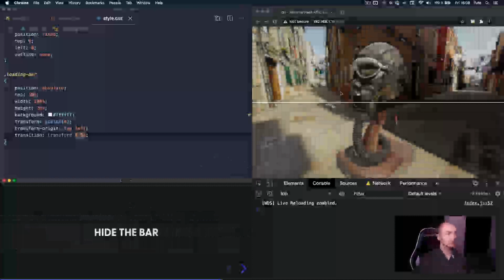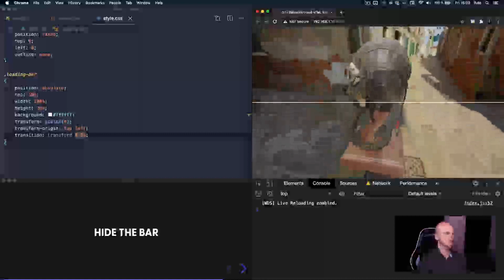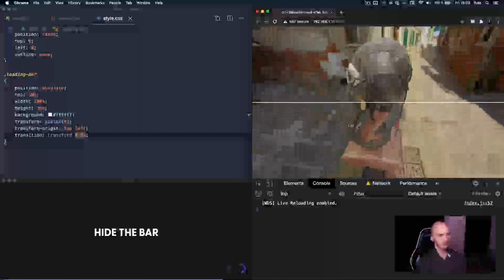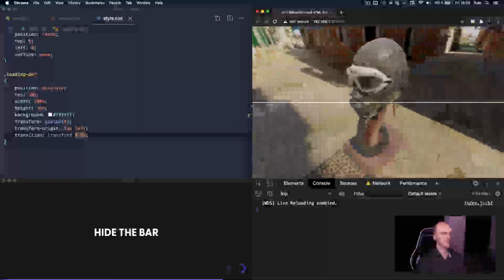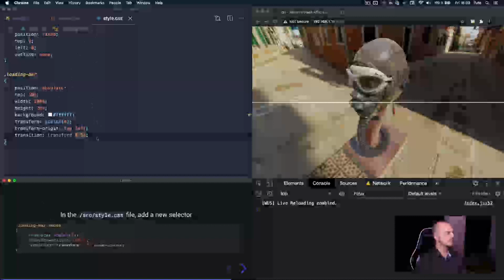So it's looking great. The problem is that when everything is loaded, we still have the bar visible, which is wrong. We are going to make the bar disappear, and to make something cool, we are going to make it disappear to the right. So let's go. There are many ways of doing that. We are going to use my way, and we will have an issue, we'll see. The idea is that we are going to the CSS,